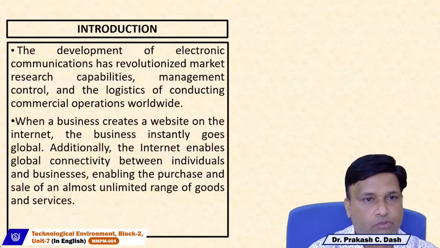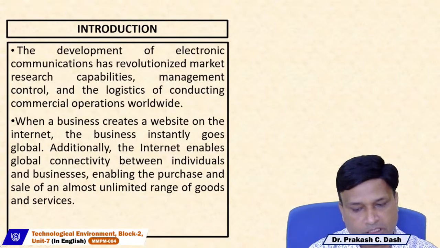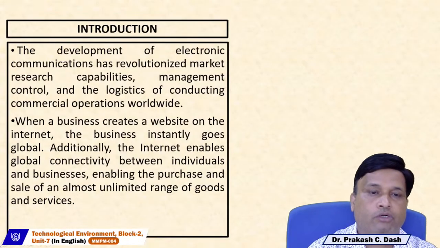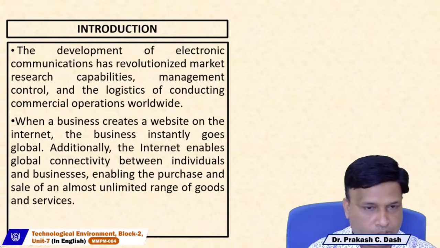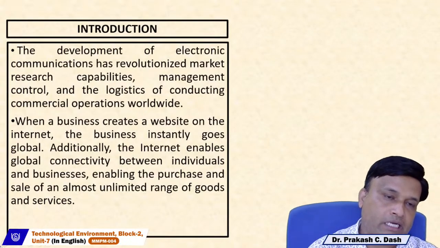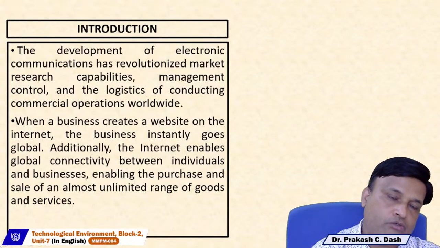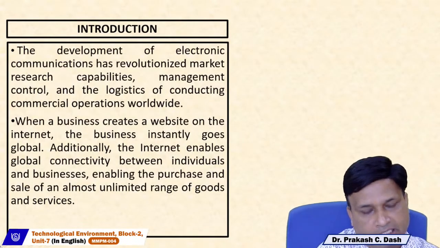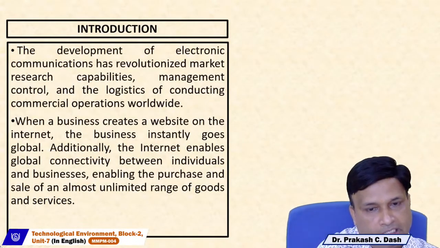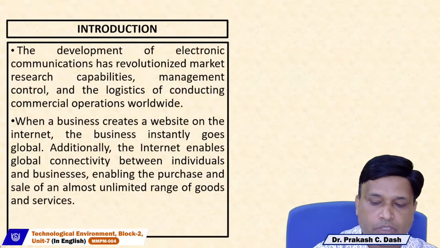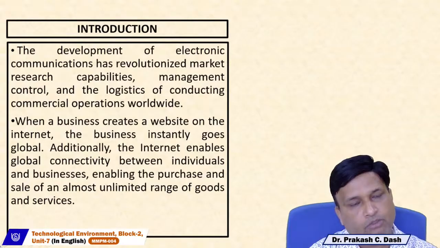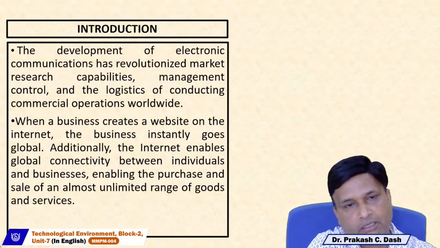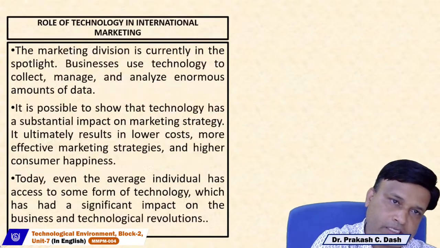decision making. So the marketer has to understand the aspect of technology: how to optimize resources, how to use resources effectively, and how to reach the customers. The common man also has access to technology, so he can take decisions with its help. This is why technology has become an important aspect. The technological environment has to be undertaken by the international marketer.